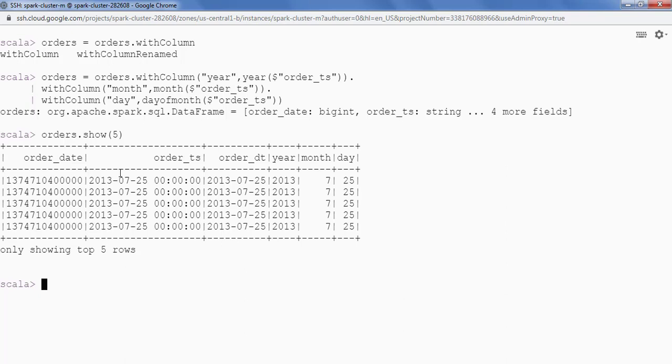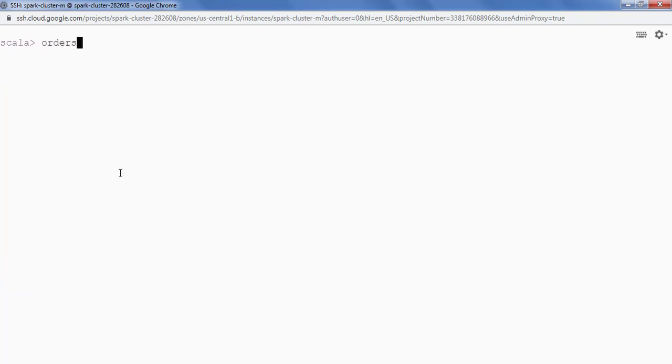We can also extract hour, minute and second. How to do that? Let's see now. So orders is equal to orders.withColumn, and let's say the new column that we want to add is hour, and the value is, we can use the function hour and then simply provide the column name order_ts.